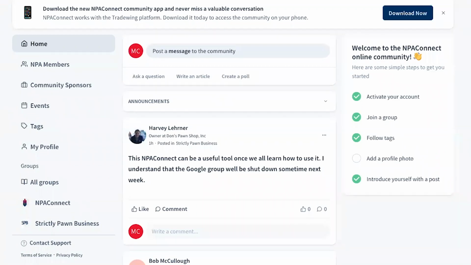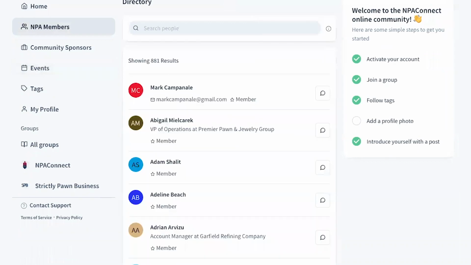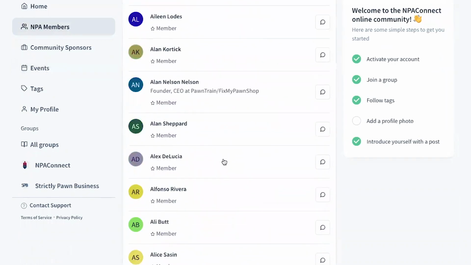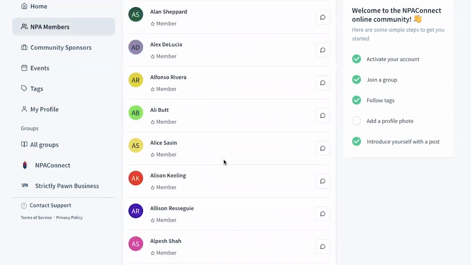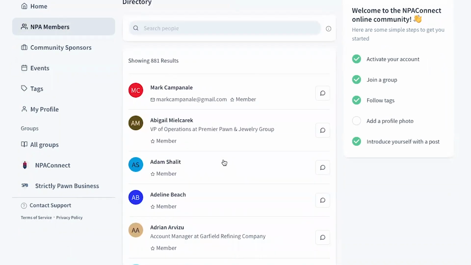So let's talk about people first, because really and truly, this is all about people. You can find people anywhere on this, but mainly by going to the members tab. So if you go to the members tab, there's everybody who is on here. And this is important because you may have a particular question for a particular person. And so if you're doing a post and you want to reach out to a particular person or make sure a particular person sees this, you just do an @ and the little thing drops down and you start typing their name, and then you can put the @ in there,